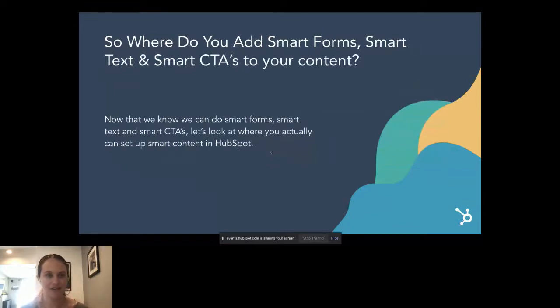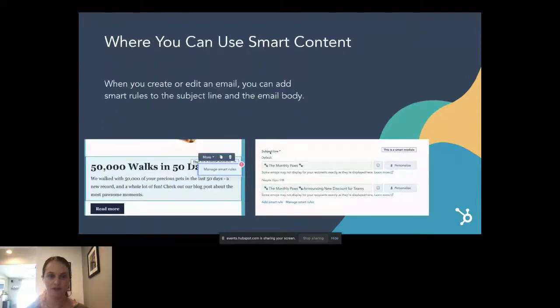All right, so now that we kind of understand what smart content is, we know those 8 different characteristics we can target, and we know the 3 different types that we have. Exactly how do you know where to put those when you're in HubSpot? Where do you put the smart form? Where do you put smart text? Where do you put smart CTA? And how do you strategically decide that? It can vary depending on the business, but I wanted to show you a couple of examples of where I've seen customers personally use it and where I would use it.